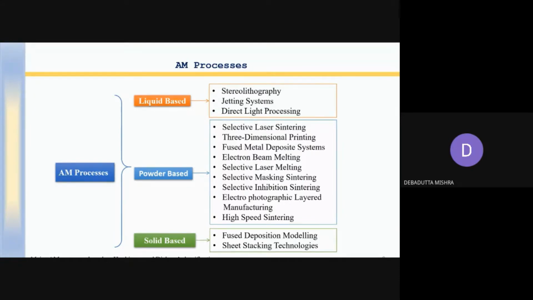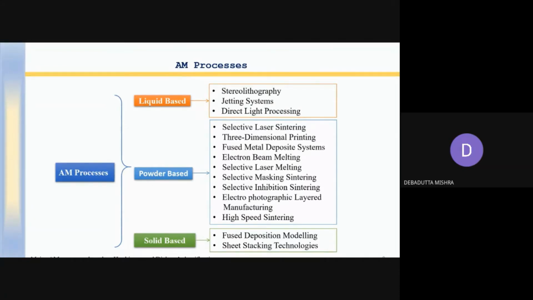In case of DLP, this is similar to stereolithography, but the difference is that it is not using the laser source, rather this uses some arc lamp or the conventional light. That is why this is DLP. And then the jetting system, we use some adhesive or binder, and the binder is sprayed into the bed, so that becomes the jetting system.